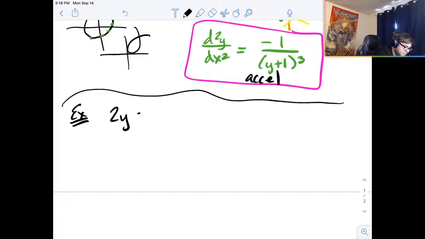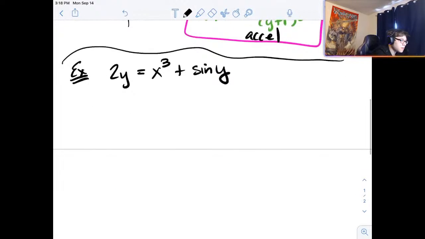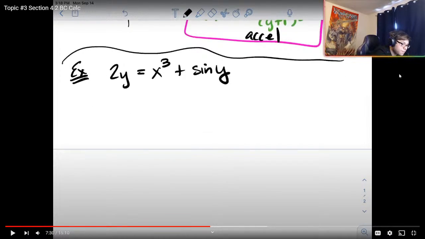So let's say they give us an implicit curve that looks... Okay. Nice. Okay. Hold up. We got this. We got this. This is an easy one. This is a really easy one. So we have